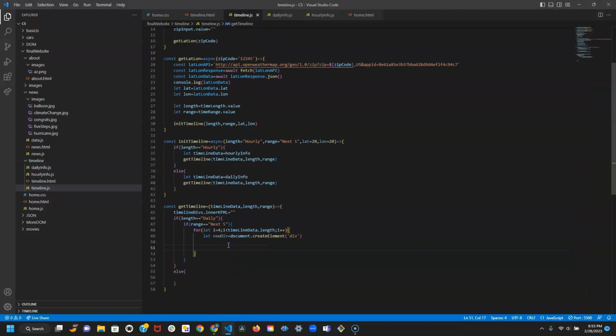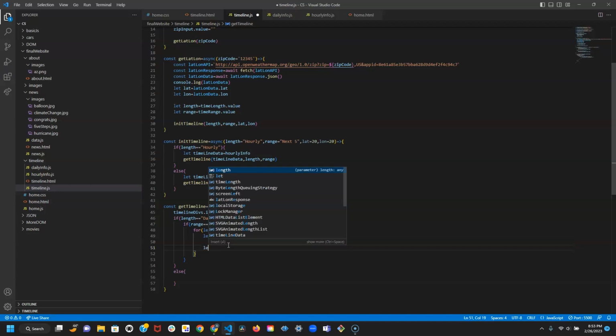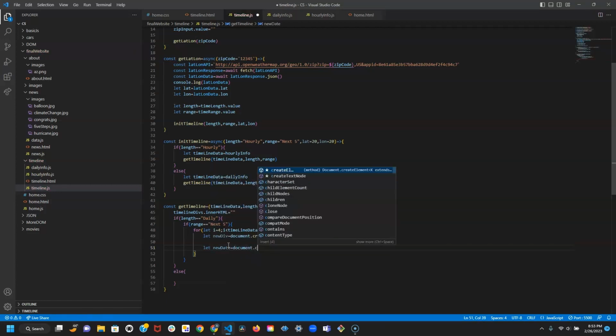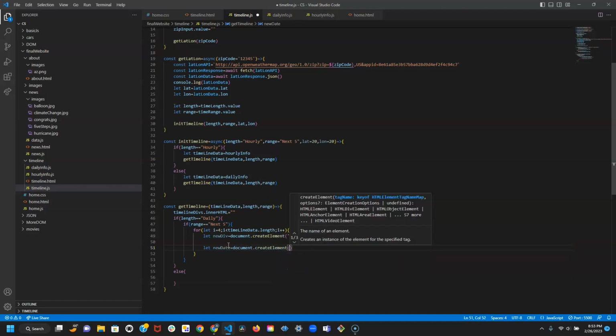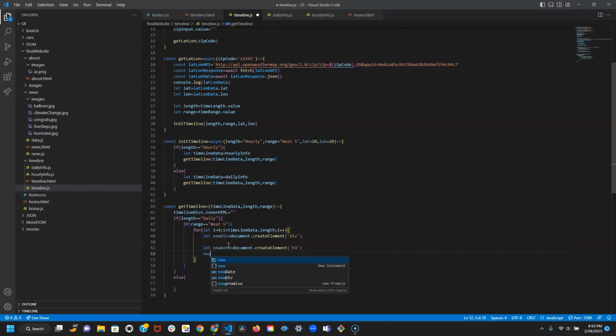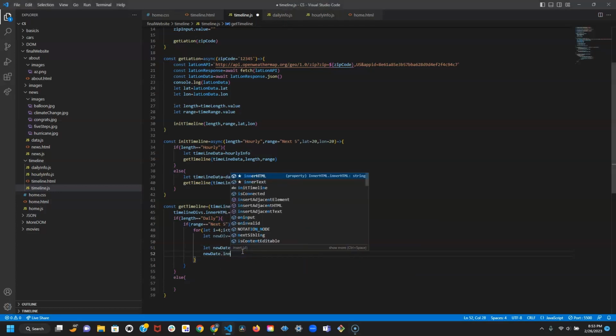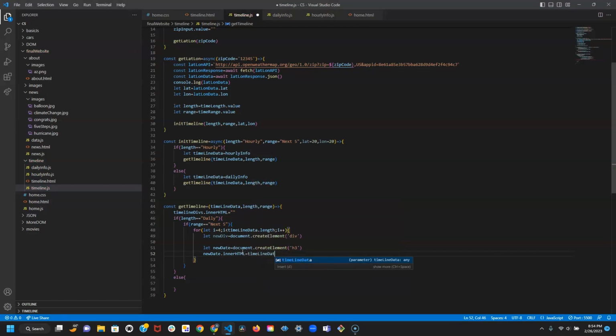and then underneath right here, the first thing we should probably specify is going to be the date. So let new date equals document.createElement, and I'm thinking the size of h3. So new date is going to be set to datetime. So .innerHTML, and then we're going to have to write timeline data dot days, and if you remember, days was a list, so we're going to have to write i, which represents the current day, and then datetime,